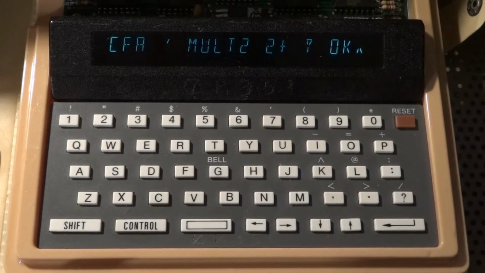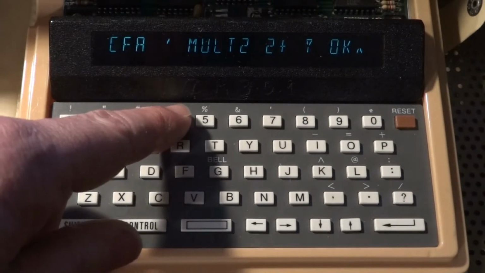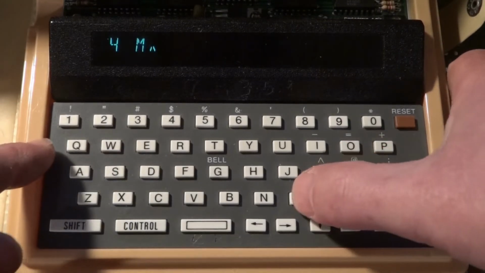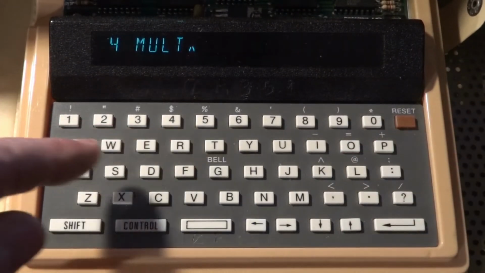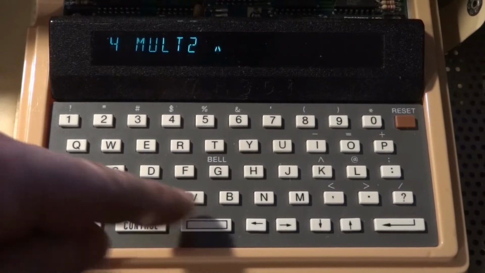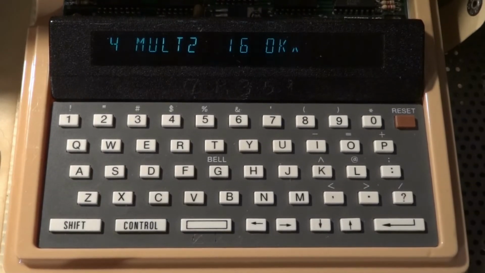So, okay, let's see if that actually worked. Of course, we haven't renamed the word because we didn't change the name field, so it's still mild2. But you see that indeed it's now executing a square operation, multiplying the value on the stack with itself. So self-modifying code is incredibly easy enforced like this. And of course you have to be extremely careful as well, because one wrong address and the whole system